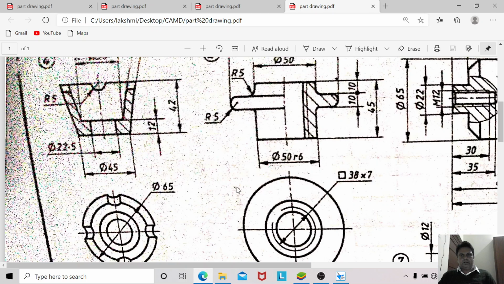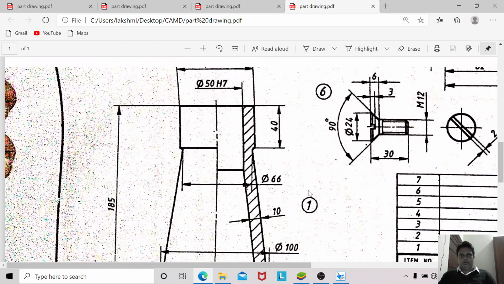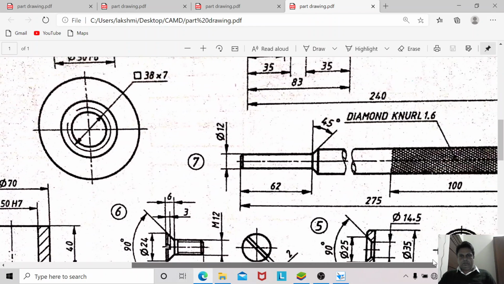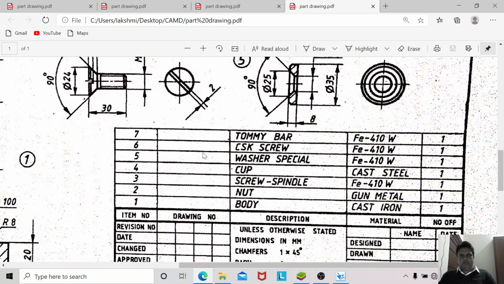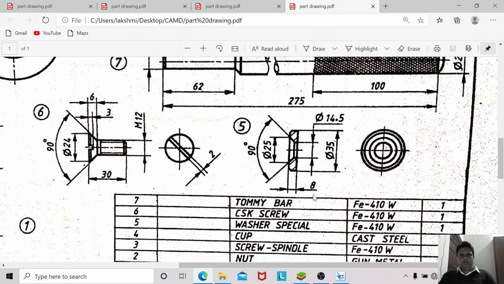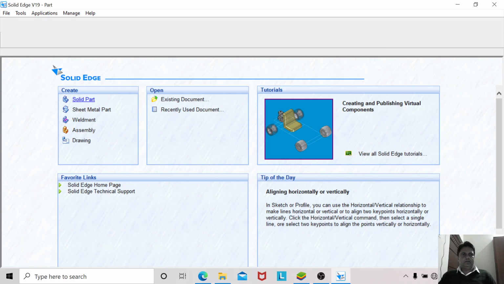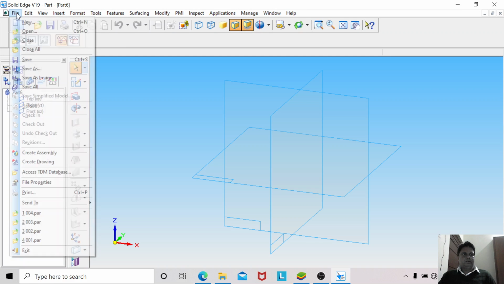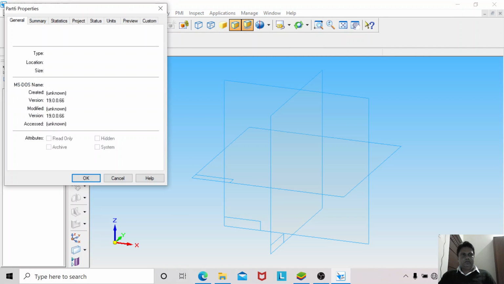So in this session itself, we will see the next part, that is the fifth part. It is a washer special, made up of ferrous material. Here fifth part details have been given. Very simple part. It requires a 35 mm diameter, thickness 8 mm, cylindrical plate. I will just open it, save it as